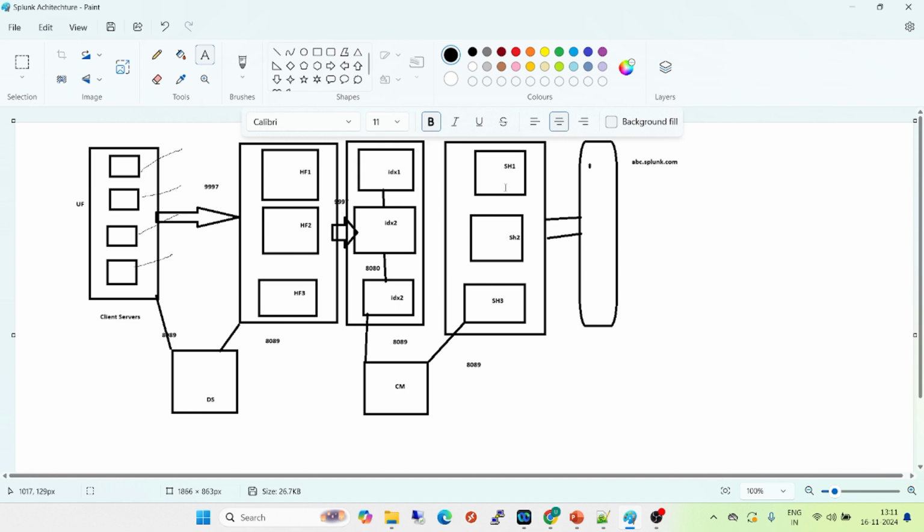So now we can access this search head cluster through abc.splunk.com. We don't need to log in on individual search heads. Instead, we just access the load balancer URL. So this is our load balancer. So the user can log into the ABC URL of Splunk,